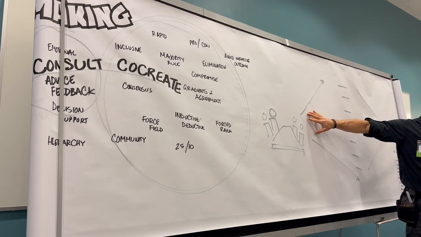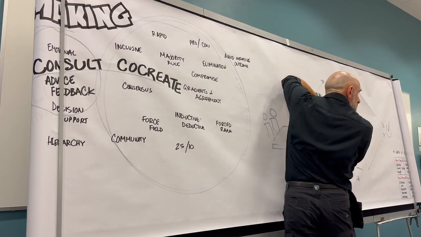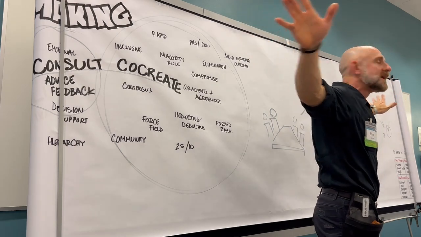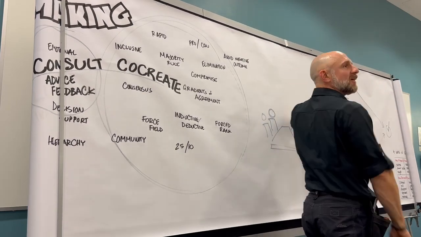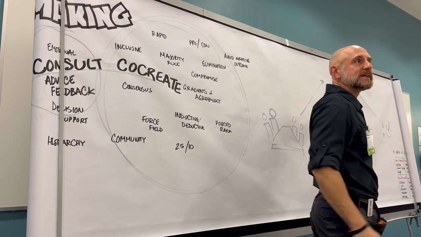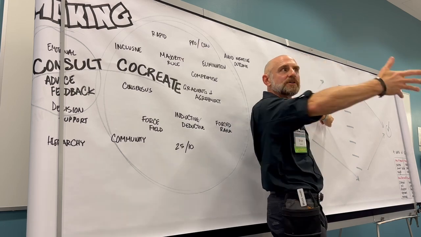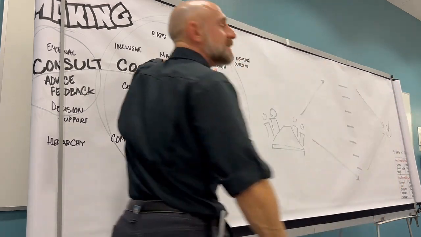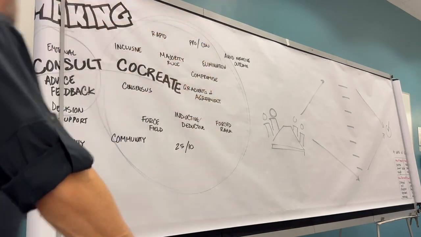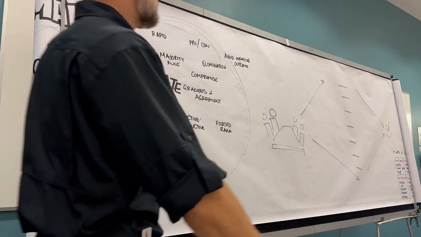Here's the thing. Going back to the model of divergence, have you ever been in the kind of meeting where all of a sudden we start brainstorming ideas, we start coming up with stuff, and then all of a sudden the leader's like, okay, I've heard all this, and we're going to do that idea right there? What happens to everybody else that was just jamming on ideas? They get deflated. They're like, what the heck? I was just jamming on ideas, and it's like, hey, we're doing this. So that's akin to that leader that I was trying to talk about, where they're like, well, I want to hear everybody's ideas, but then I'm going to go back to tell and do my own thing. That's a consult, right?